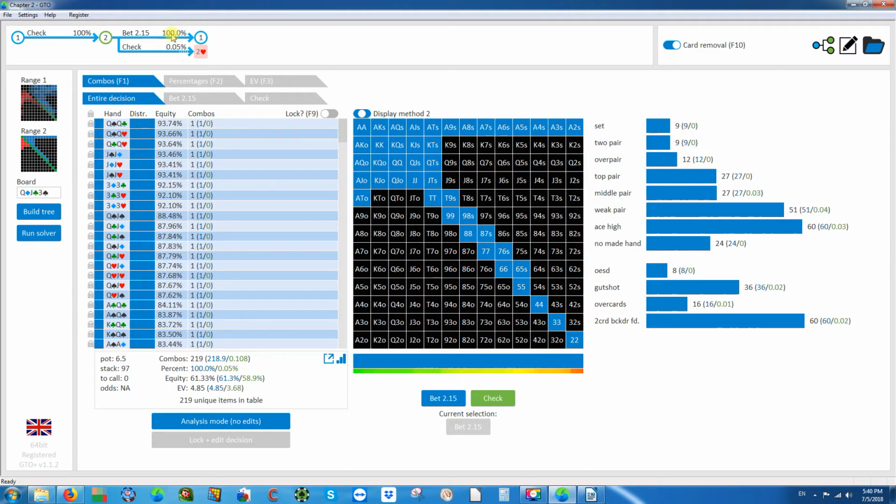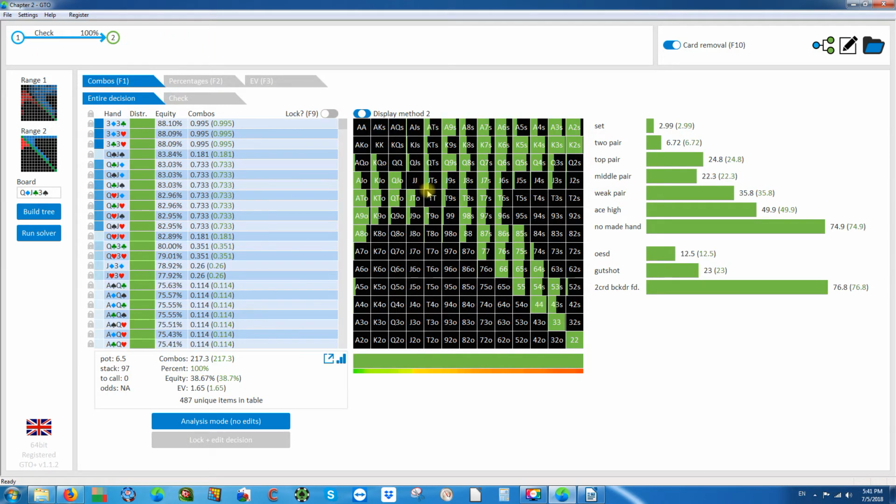And keep in mind always that the solver is clairvoyant, so he knows what the out of position player has as a range, and this is the same thing for the out of position player. So this is why he's able to give you the optimal solution. So when villain presents itself with this range on this flop, and the in position player has this range,